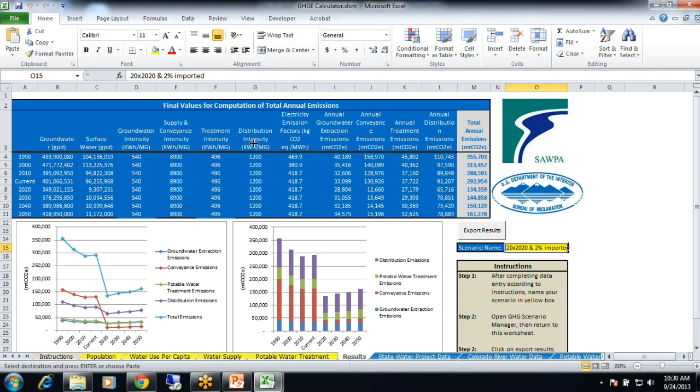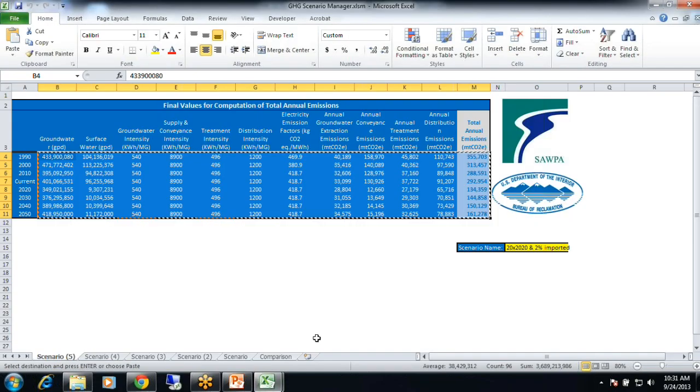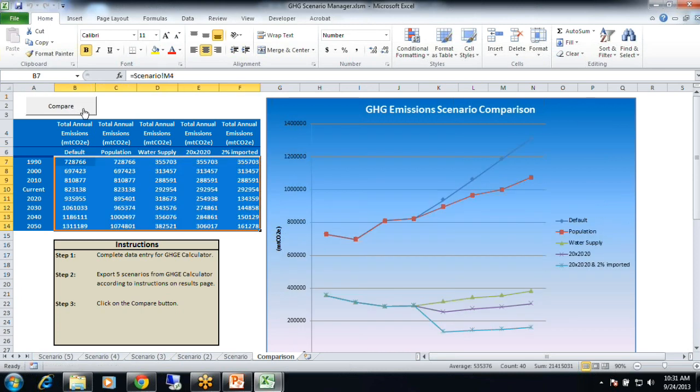Now these scenarios that I came up with, I literally just pulled them off the top of my head, so they may not make sense for this area. They may not be what this area would be looking at, but it's just an example of how you can create scenarios. So then you come over here to the Greenhouse Gas Emissions Scenario Manager. You click on the Comparison tab, and you hit Compare. And what it's done is it's graphed out all of our scenarios that we sent. Now I'm going to explain how to interpret each of these.